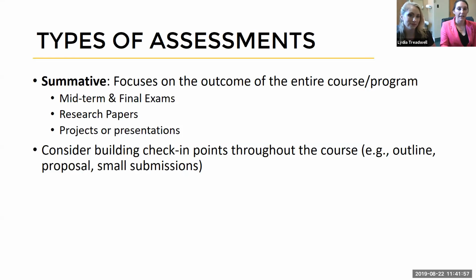What are the authentic, real-world, practical tasks that they're going to be expected to do on a regular or daily basis? Create some type of project around that so students can see the alignment or link between your course and their actual real life.